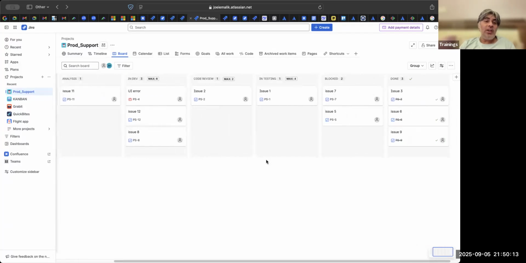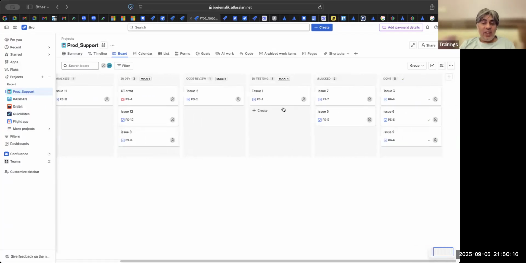Why you want to monitor this flow is because if there are too many things in testing, the important point is that you should use your bandwidth to complete items and not just put things in progress for the sake of being in progress. So it would give you the illusion that a lot of work is happening, but ultimately things are not moving through. The main bottom line is this.